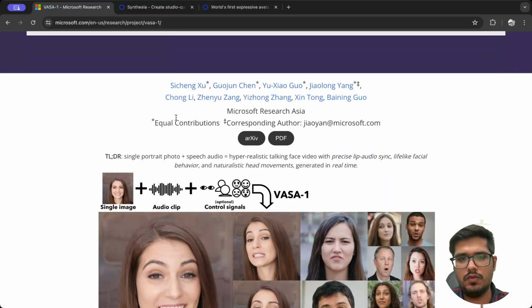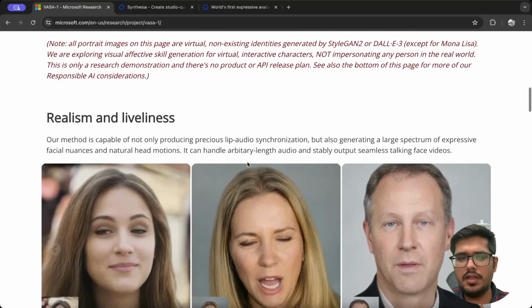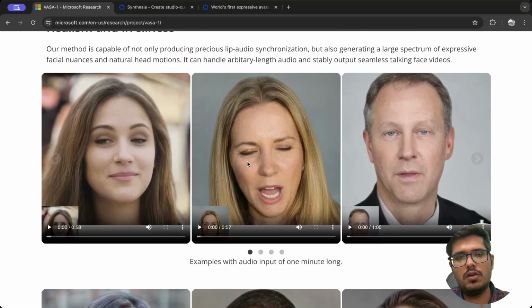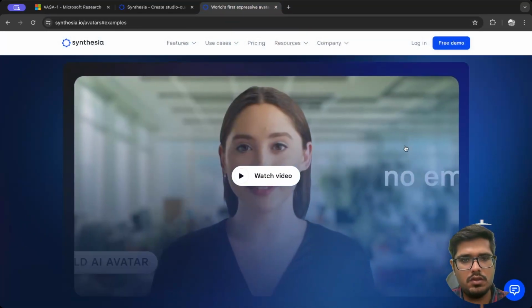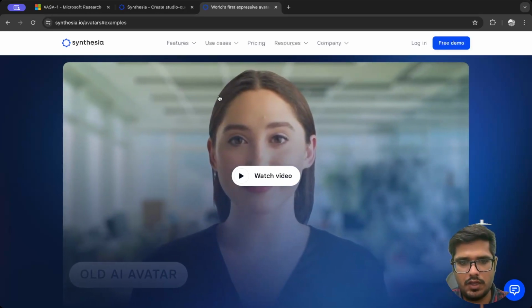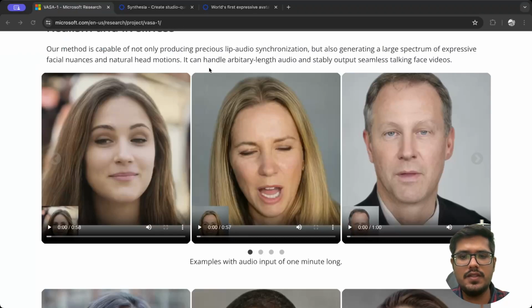Microsoft announced a few weeks back that it can take an image and an audio clip, and turn them into a very realistic talking avatar. Now, not only can it generate a talking avatar, it can add a crazy amount of expressions, which wasn't possible before with the previous Synthesia models, right? So you look at this one, you would notice that there are literally no expressions, and you would realize that the video was generated by AI. But now, after the release of expressive avatars, it's possible, right?